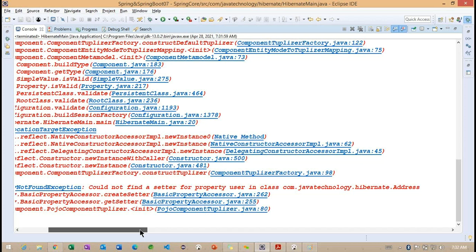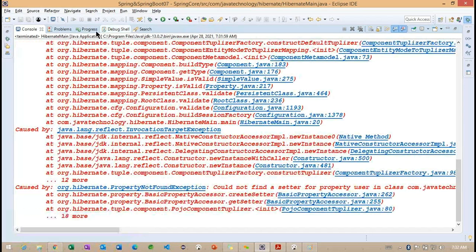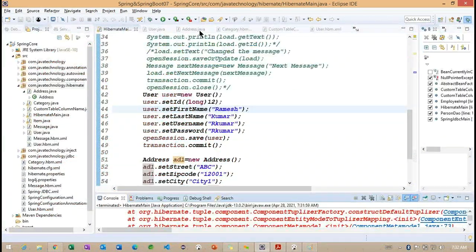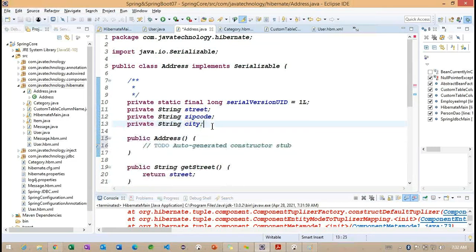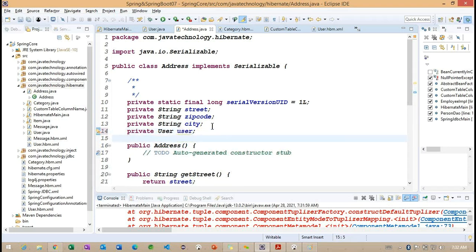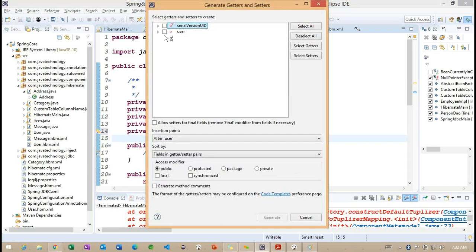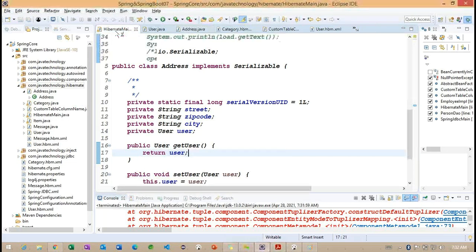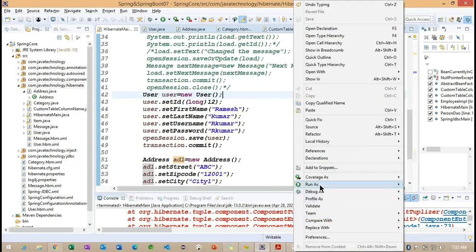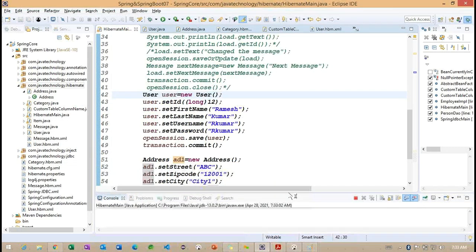Could not find the setter property of user class called components. So inside this particular address, now I want to generate this particular user. Okay, I added the setter property.